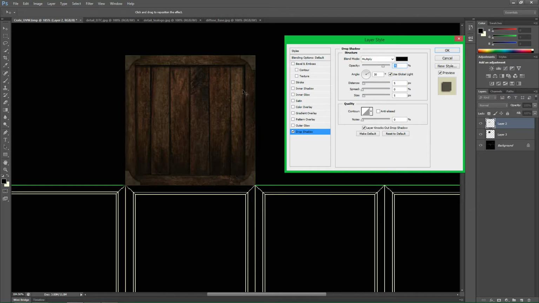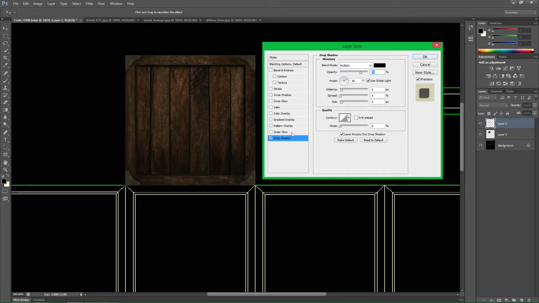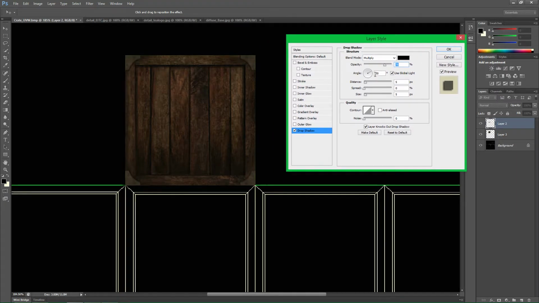Alright? So there is a way that we can create a drop shadow that comes from all areas, or all angles if you like. To do that, we need to come into the drop shadow menu where it says layer style, and we need to change a few of these options. So the first thing we're going to do is turn off global light. And I'm not going to do this for any other reason than